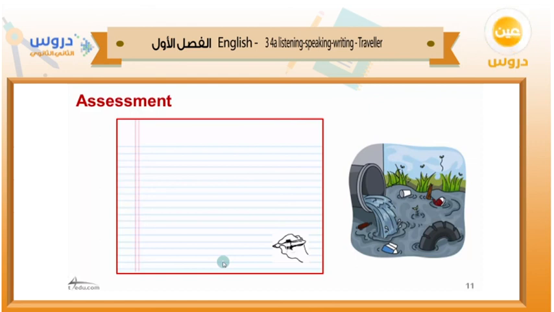This is the assessment, and that's also another terrible photo. There are too many people throwing their shoes, a tire, cartons, a dead fish, and this is a pipe coming from a factory. You got too many insects, and the water looks very dirty. So write about it, and this is what you're going to do. And I hope you really write it, because writing is like driving a car. The more you write, the better you'll do.